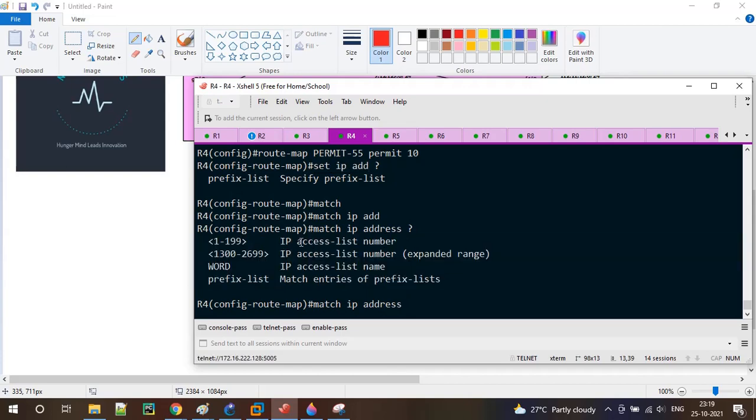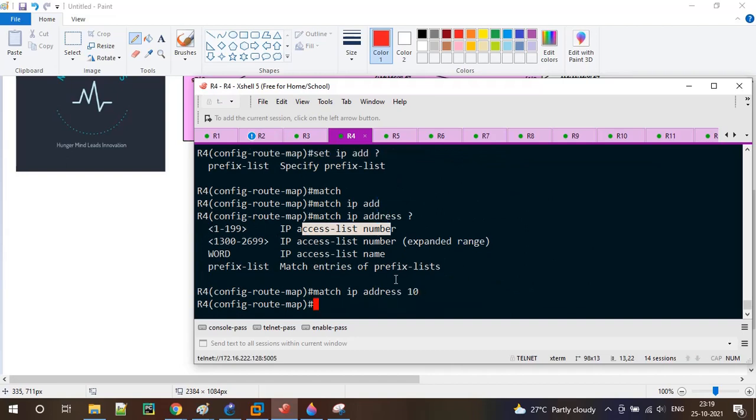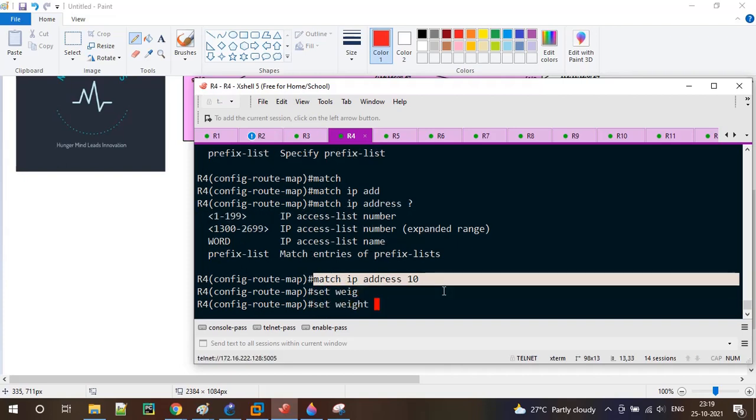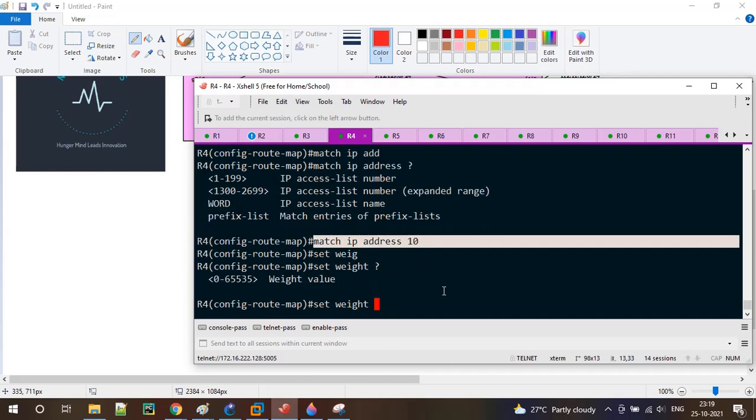Since we have used an access control list, I'm going to just give that particular ACL number 10. And if we find a match for this ACL, then I'm going to set weight, which is a 2-byte value, so the range is 0 to 65535. I'm just going to put the weight 123, because previously we have used 100. Just to differentiate from the previous video, I'm going to use weight 123.